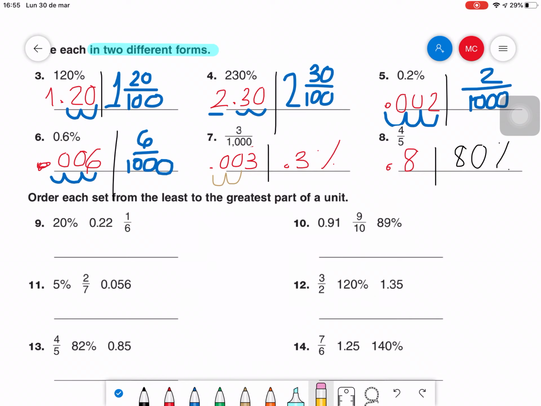Now, next one. That was the first exercise. Second exercise says, order each set from the least to the greatest part of a unit. Okay? And then you have like